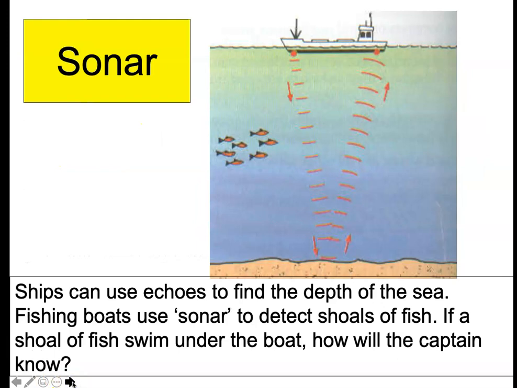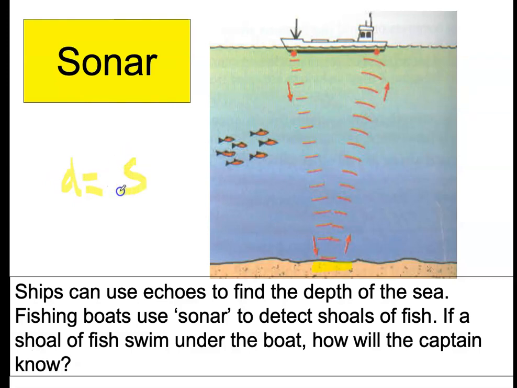Now, what is sonar? Sonar is a signal which ships and submarines send to the bottom of the seabed, in order to find the depth of the sea. And what happens is that a sound signal is sent through the water. It hits the bottom of the seabed, and then the signal comes back. Now we know the speed of sound in water, so we will say the speed is distance divided by time. So distance equals